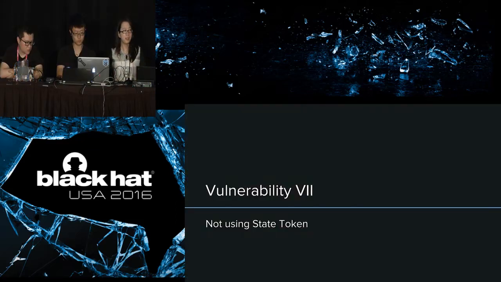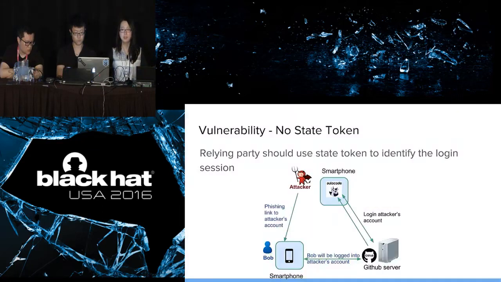If you don't use the state token, like we demonstrate in the GitHub demo, that benign user will be logging into the attacker's account, which is a standard login CSRF attack. So they have two steps. First, the attacker logs into a GitHub account and gets an authorization code from GitHub. Instead of going on, the attacker sends a phishing link to the user that has the authorization code embedded. When the benign user Bob renders the link,